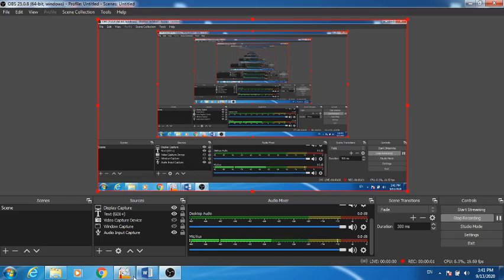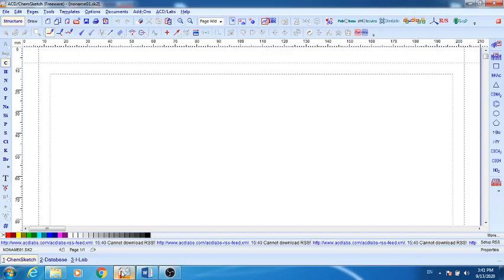Hello everyone. In the previous tutorial of ChemSketch, we discussed some very basic features of the ChemSketch software, and we also discussed how to draw basic structural formulas. In this second tutorial, we will see how to write basic reactions with the help of ChemSketch. So let us take the example of nitration of benzene.